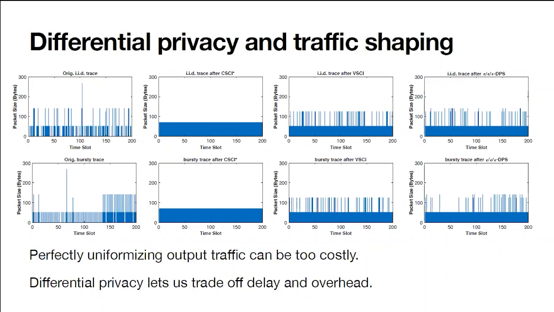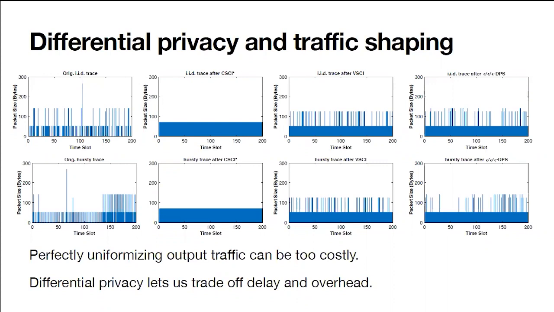But the big thing I want to point out, which is kind of the main thing to think about here, is that all of the mechanisms that we've tried to optimize so far, and that are easiest to think about in terms of optimization, assume an IID input packet stream, which is totally bonkers because that's not actually what the traffic looks like. And things will behave quite differently. I mean, the outputs will look quite different if your traffic is bursty. So for example, on the top side, you have IID input traffic, and the output traffic